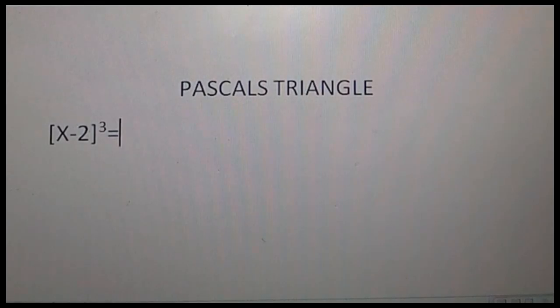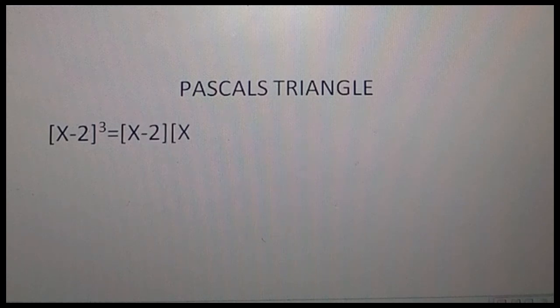In this video, we're going to move over Pascal's triangle, and how to solve binomial expansion using Pascal's triangle. We can use Pascal's triangle to solve the binomial expansion, but afterwards we can use a factorization method. We have (x - 2) to the power of 3,